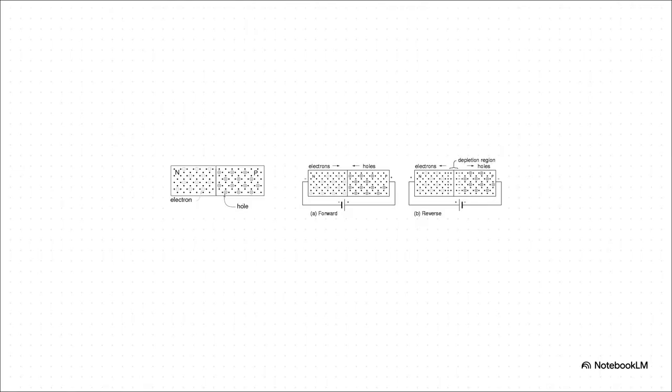So what happens when you press these two types of materials together? Something amazing. Right at the junction, the extra electrons from the N side jump over to fill the empty holes on the P side. This creates a little barrier in the middle, and that barrier acts like a perfect one-way street for electricity. Current can flow one way, but it's totally blocked from going the other. We call this a diode.